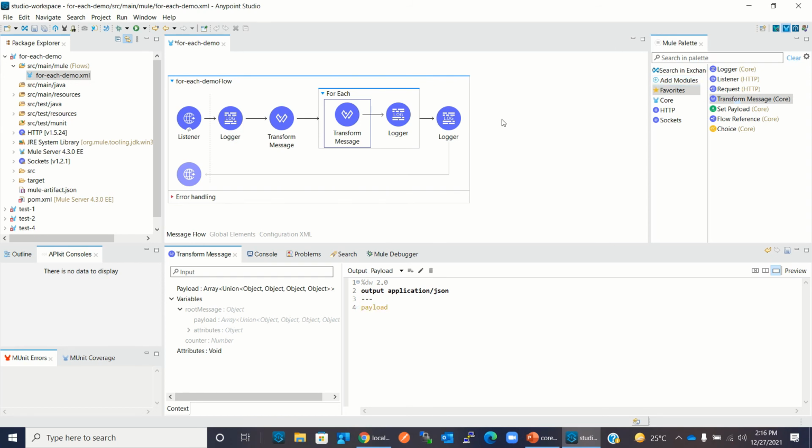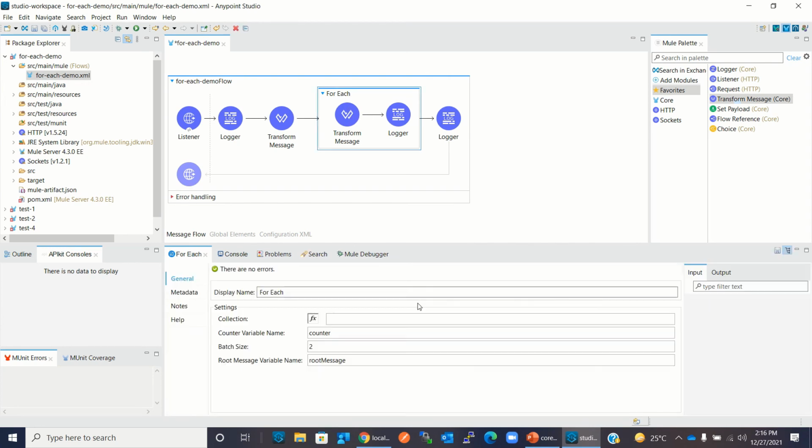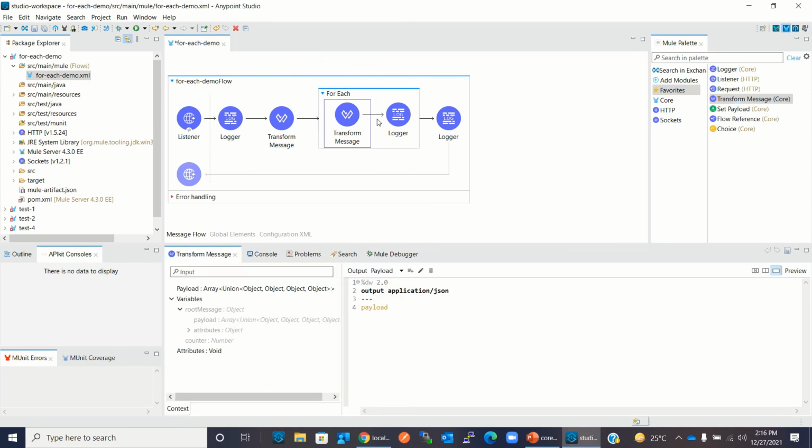So what is happening? We are getting a Java array here, because now we are processing 2 records at a time. So each element will be an array of 2. So there will be 2 batches, and each batch will have 2 records. Now, before printing the batch, I'm converting the payload to JSON, so we can view whether there are 2 records or not.